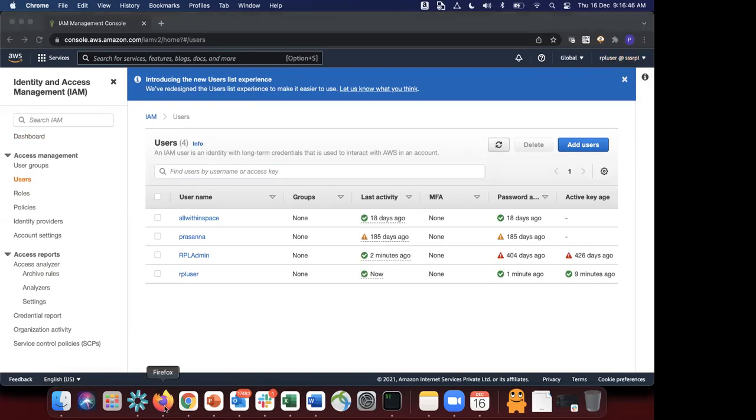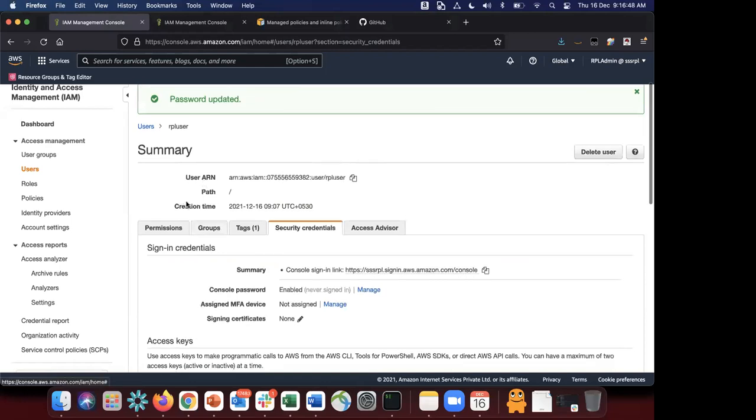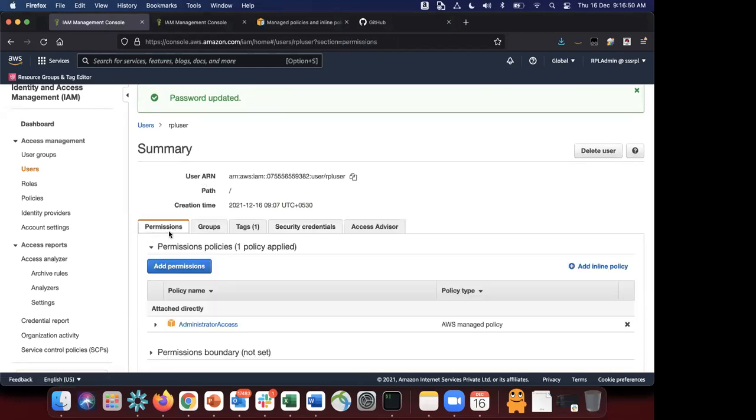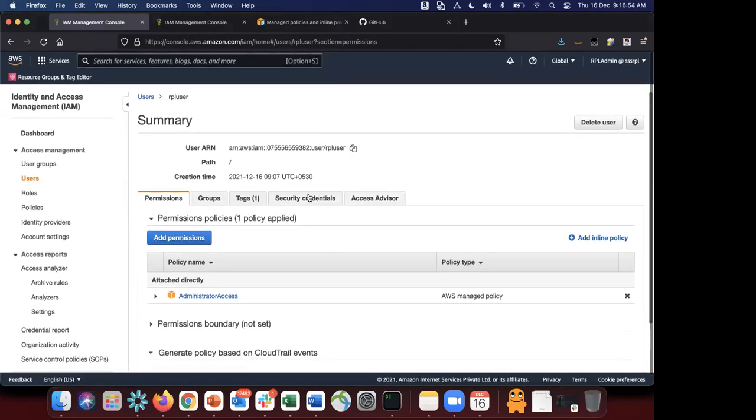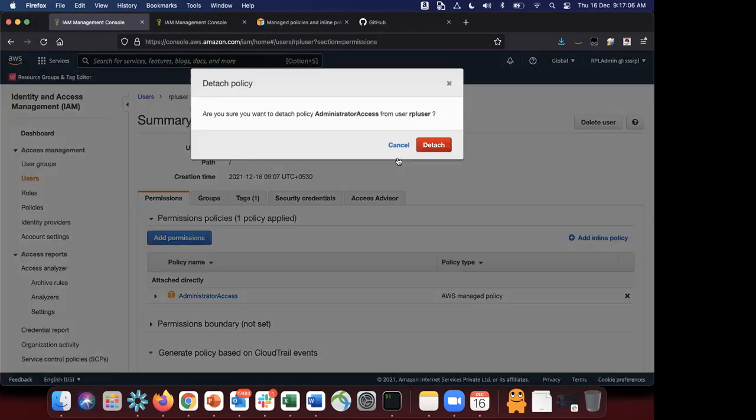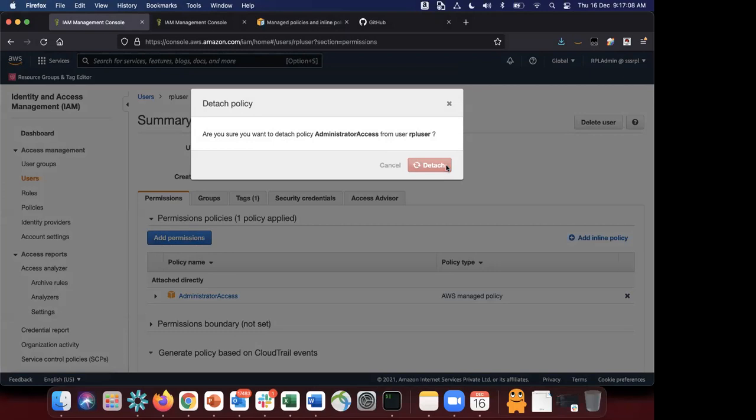Okay, so now let's work with a bit of policies. I'm going to the policy permissions of my RPL user, and now I want to restrict the permissions of the RPL user. So what I can do is simply delete this administrator access, detach it. So right now, RPL user